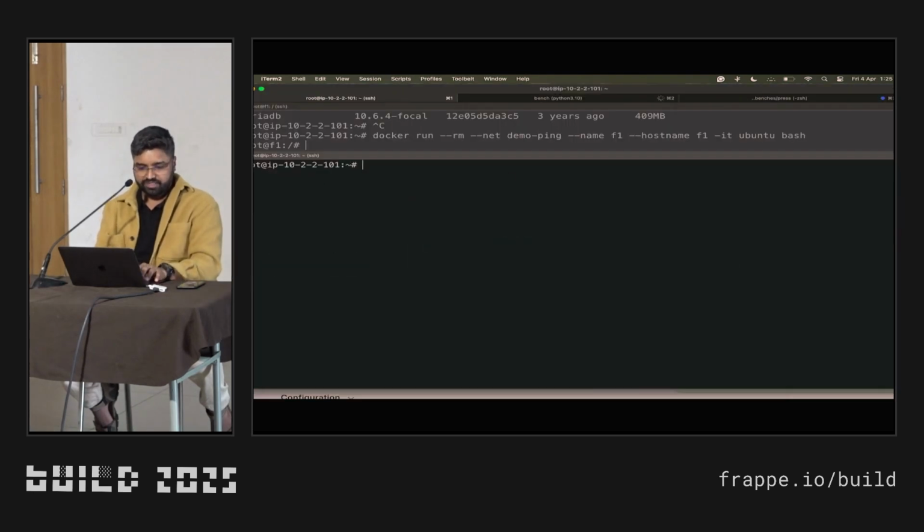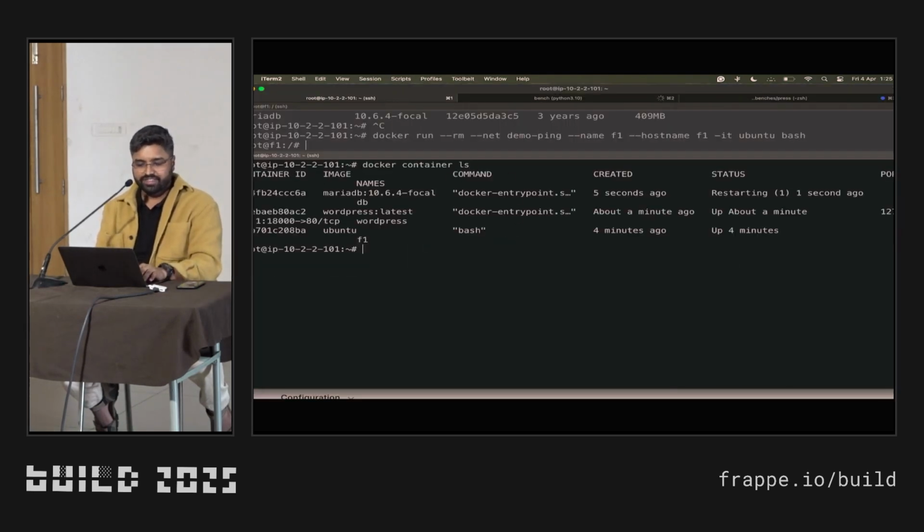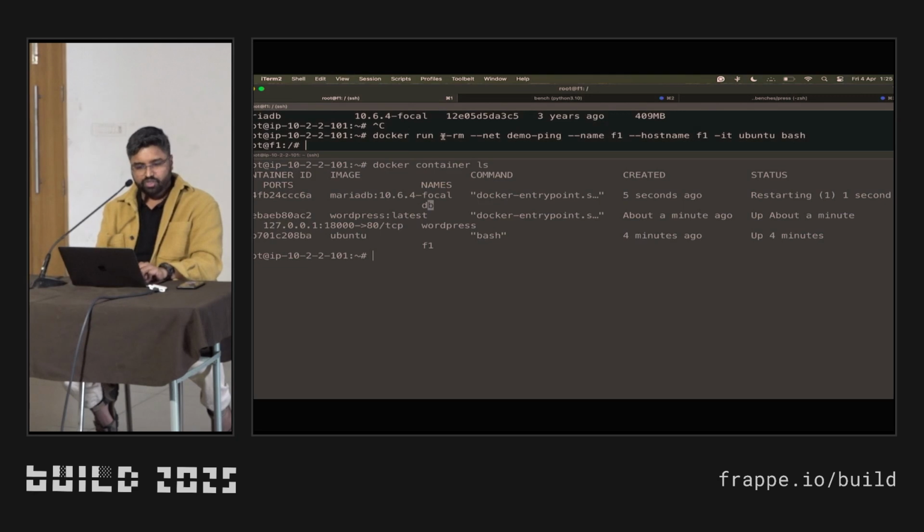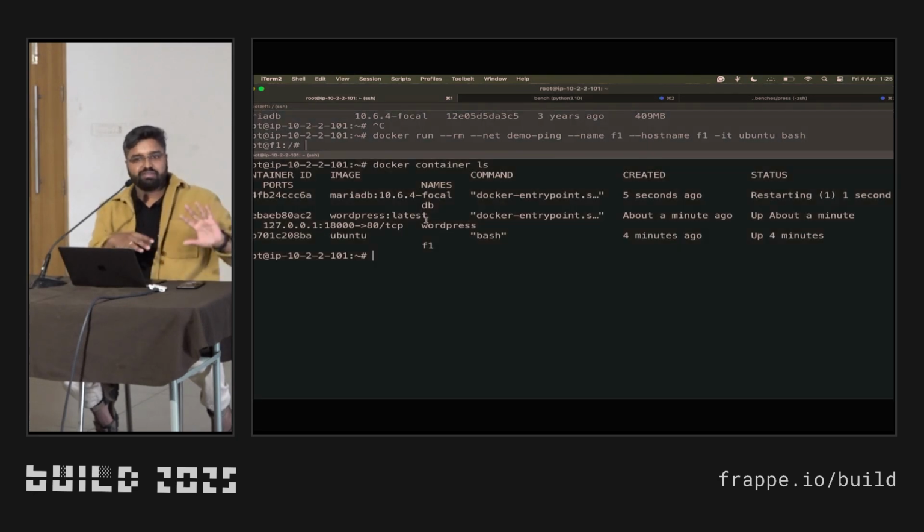We'll go back to the machine and do docker container ls. Eventually, we should see a MariaDB container running with the name DB. It keeps saying restarting 1 second ago. So basically, everything that I explained about how containers work and how networks work, we just translated it to some Python